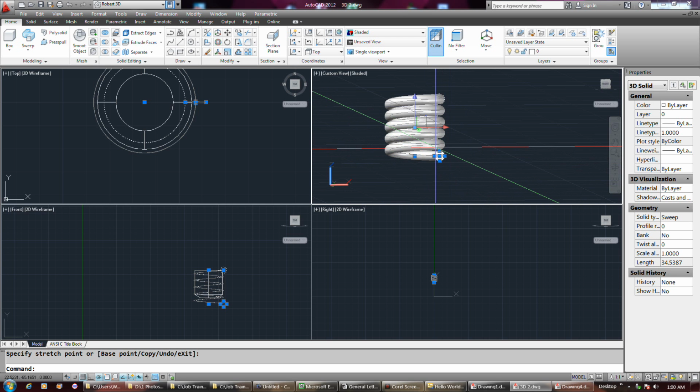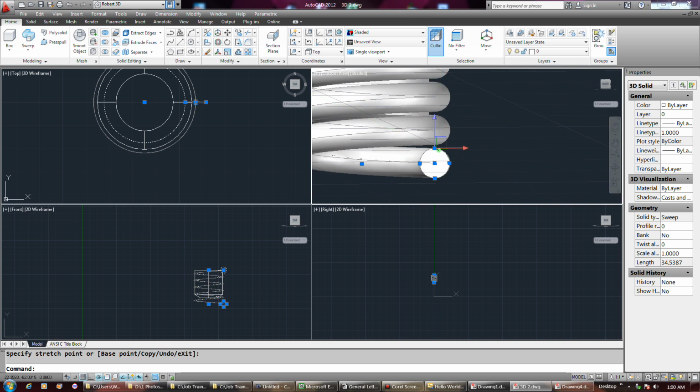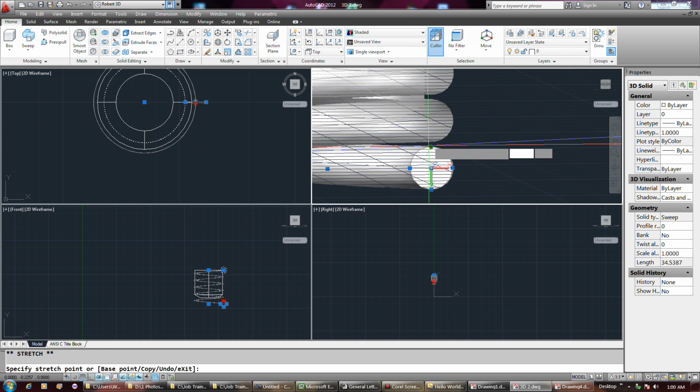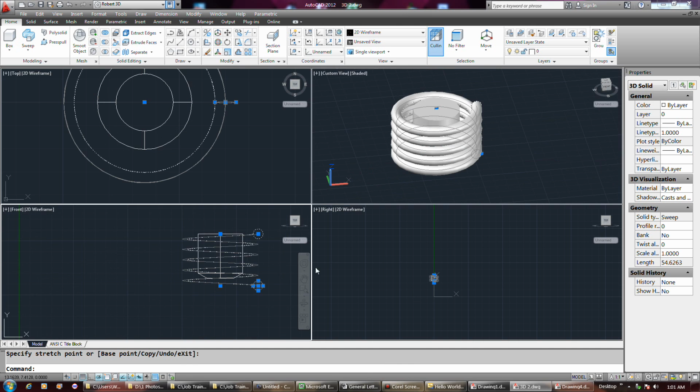Okay, one thing that's kind of cool here is that I made this helix the wrong size, but it does let you modify it dynamically if you grab that circle. Otherwise this is really hard to do. So as you see, if you grab this, I can actually modify the